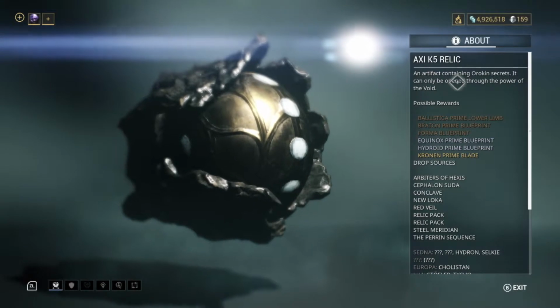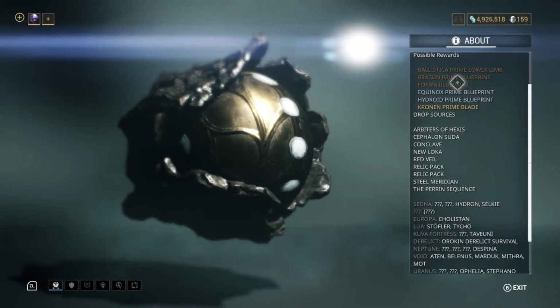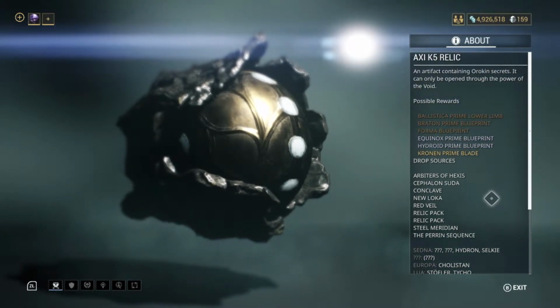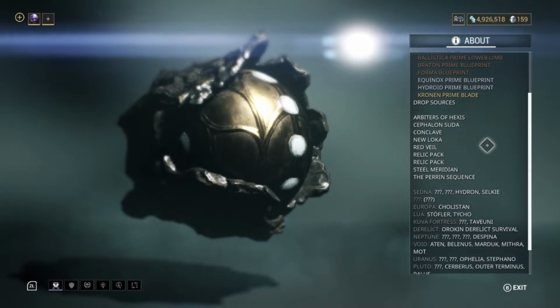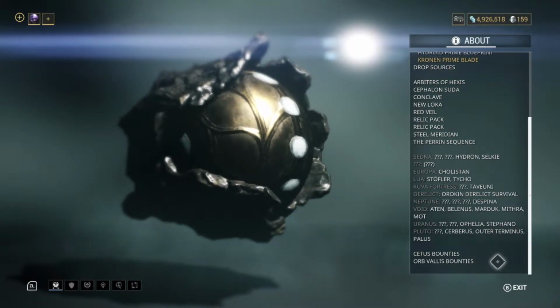And then lastly is the Axi K5 relic. Whoopsies. So yeah, this one has got this part here. It's going to drop the blueprint. This is the one that drops the blueprint. The other one drops systems, chassis, and neuroptics. Here you have, again, all the syndicates. For this one,